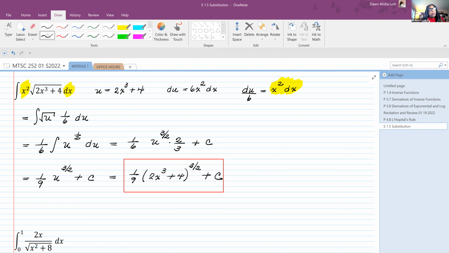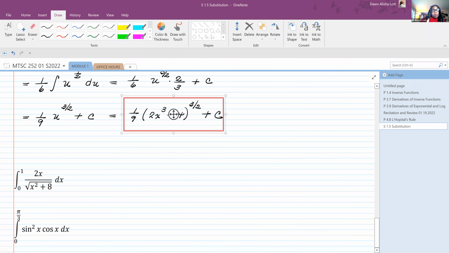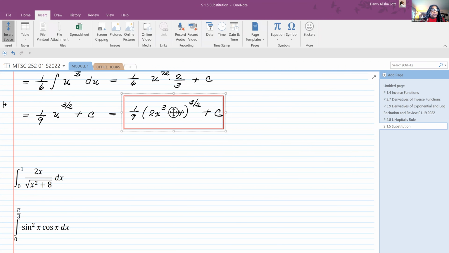Okay, so all of those problems we're dealing with were indefinite integrals. Now we want to do a definite integral. A definite integral is a little bit different because with the definite integral, we have to worry about